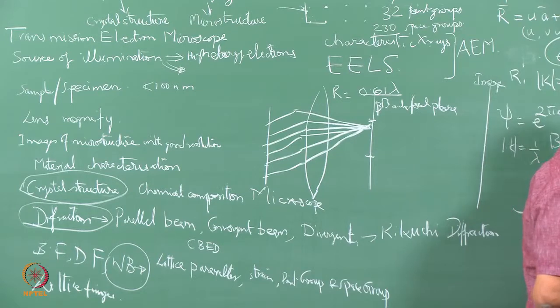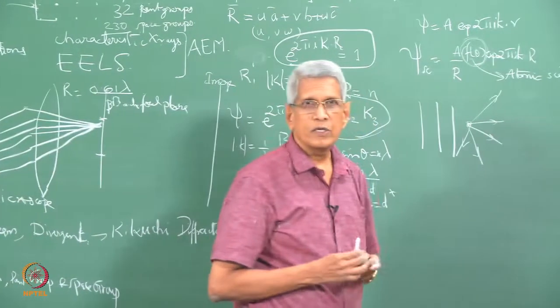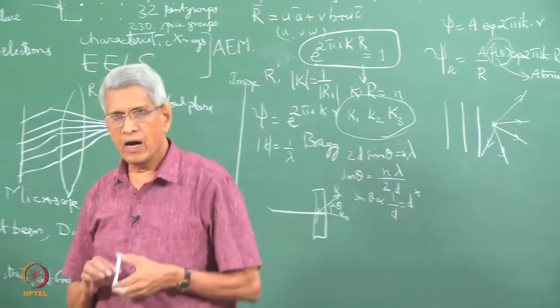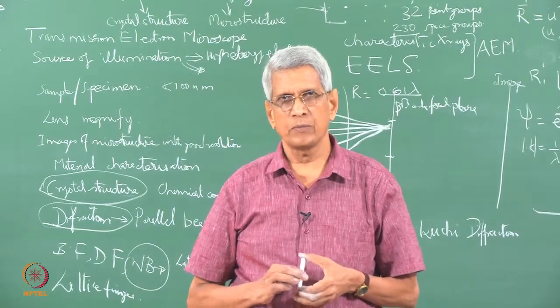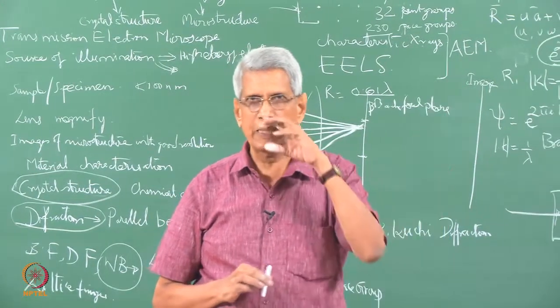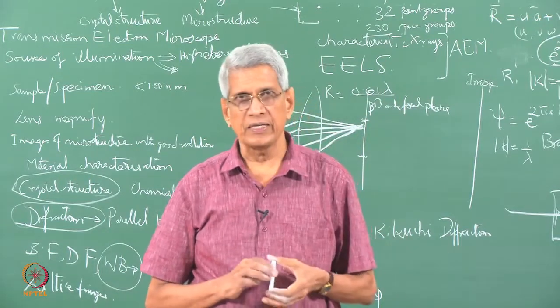In the case of electron diffraction, this f of theta is going to determine how the incident electron interacts with the electrons in the sample. So it is essentially the electrostatic potential, how that is distributed, that sort of information which we can get,